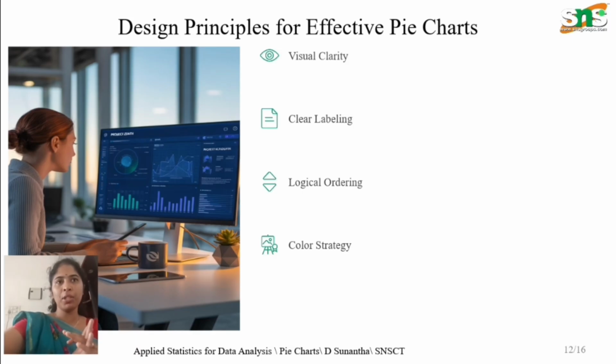For example, Samsung 28, Apple 25, Xiaomi 18, and other phones combined as 29%. Using the pie chart, first we can calculate the frequency table, next the relative frequency and the percentage angles, then we can make that into a circle